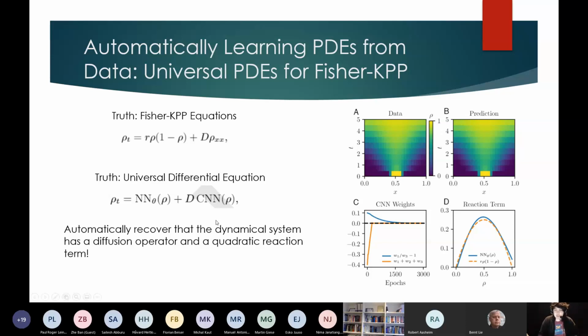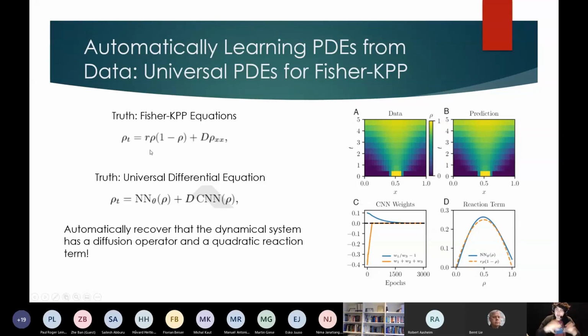And so what this has learned to do is it's learned to be a diffusion term. And what this reaction term has learned to do, after you do the sparse identification, is to become a nonlinear term. And so in this form, where I have a differential equation over a large system, with a neural network plus a convolutional neural network, after training you can reinterpret this and realize that what is discovered is that your spatiotemporal model is a semi-linear diffusion equation with a quadratic reaction, right?